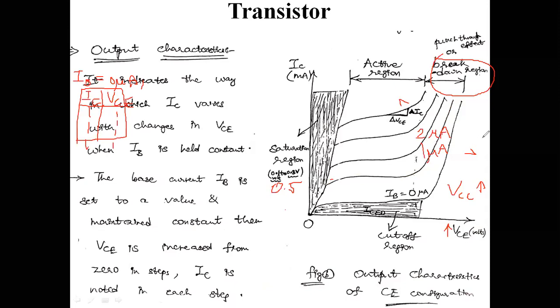In our laboratory, we will take only two or three sets of readings, and from those two or three curves we will plot in our laboratory. Okay, this is very important. Common base configuration and common emitter configuration are both very important from the laboratory point of view as well as for internal and external exams.